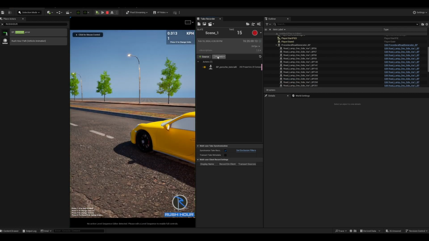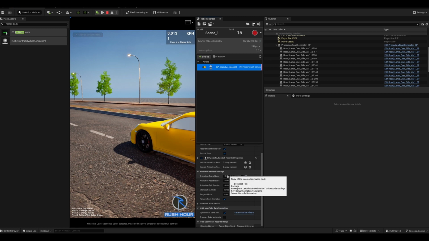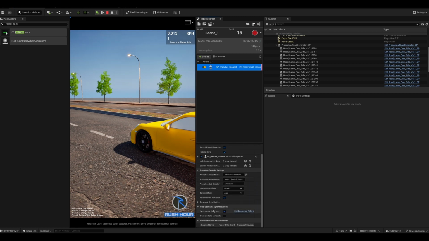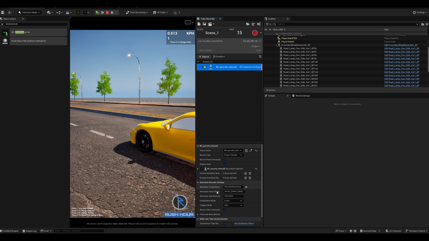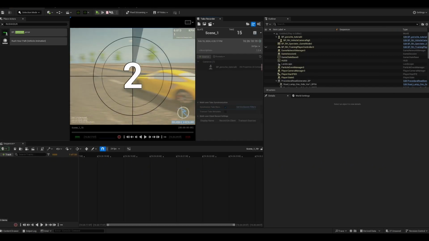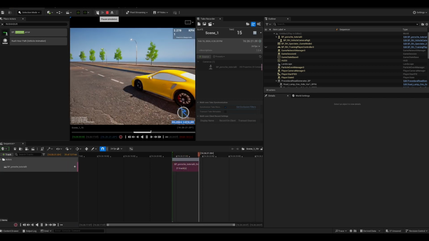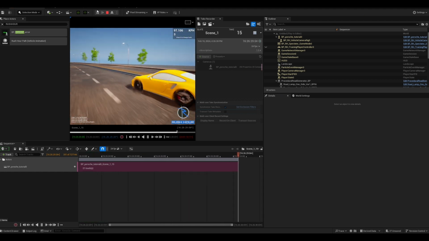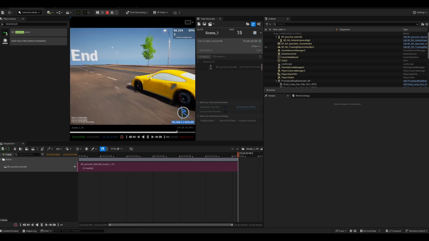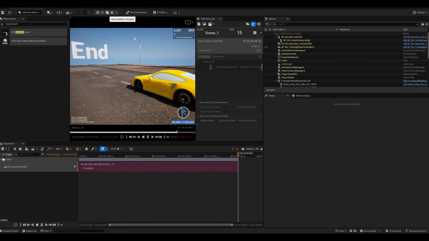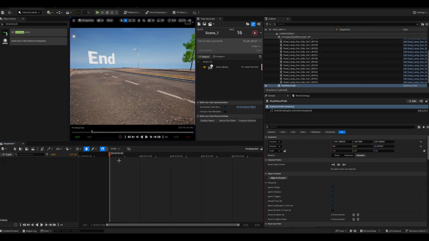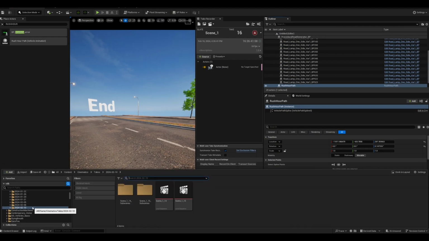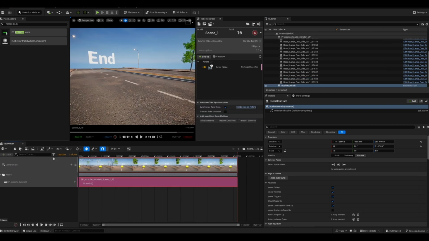Play, pause, come here, turn off remove root animation. Make sure that is checked off before you do your Take Recorder. Start your Take Recorder and then run your simulation. Make sure you do that remove root animation first. Now end it. Now we're gonna go into our cinematics, and this is 115,